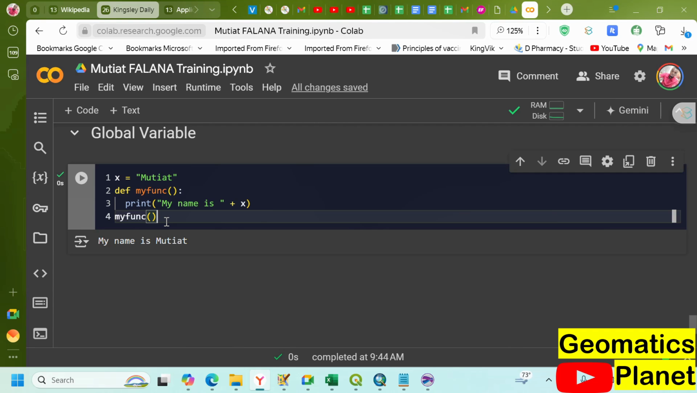No, sir. The thing is, for X, you said the global variable is Mutiat. Then def my function, print my name is plus X. And since it is a block of code, anytime I call on it, I don't need to